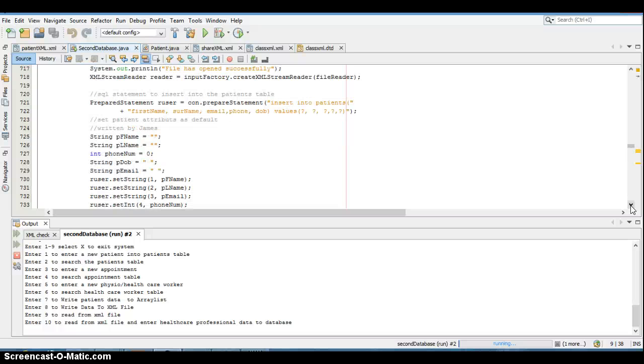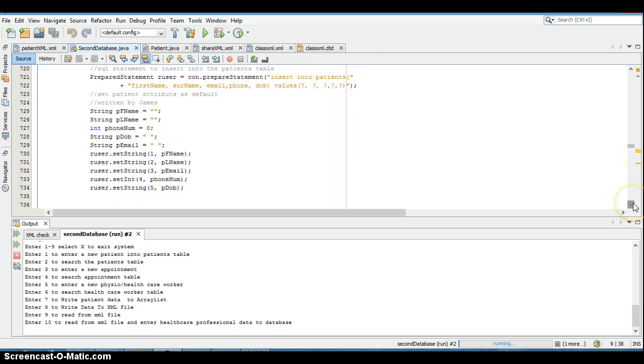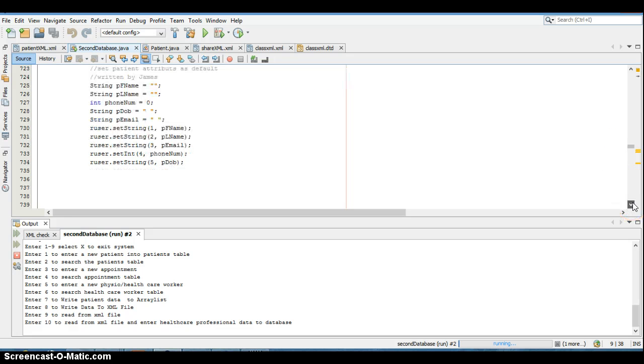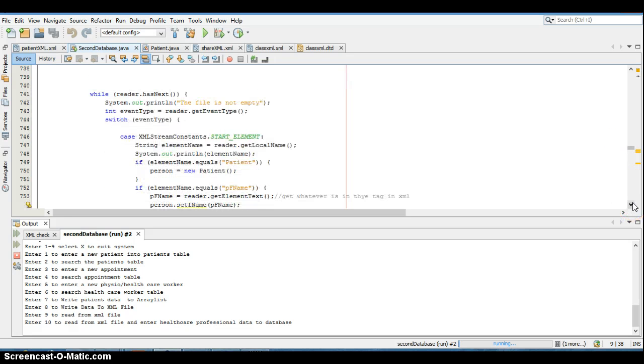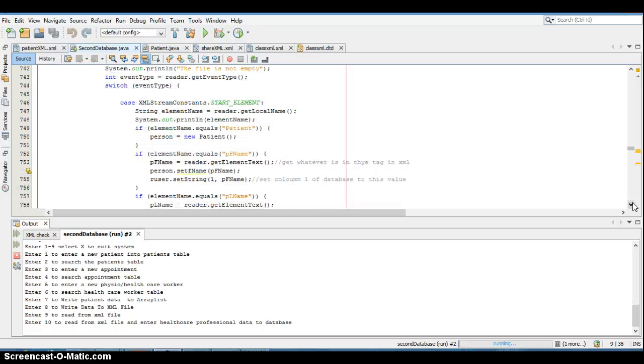So this is the bit that I have put into it for myself, which is different, I think, from what Elvira ended up with last night. I worked on what you said about putting default values in before you go into the switch. So you set first name, last name, phone number, date of birth, email, etc. You set them to the default. Then you take the R user and you set that to, at the moment it's a default, and then when you go into the switch itself, so you go in here to P first name,